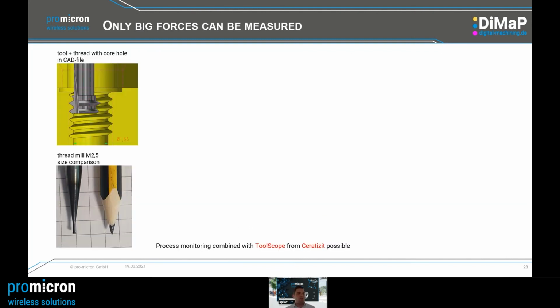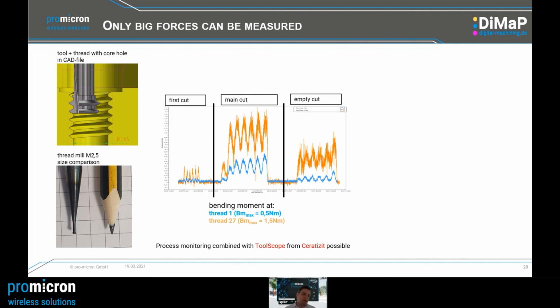Only big forces can be measured. I just want to make this example. Some of you have seen it in the speeches before. Here we compare a new M2.5 millimeter tool to a worn one, which is used in production and which is a production problem. So tool wear is a problem because the forces are so low they cannot be detected until now, but